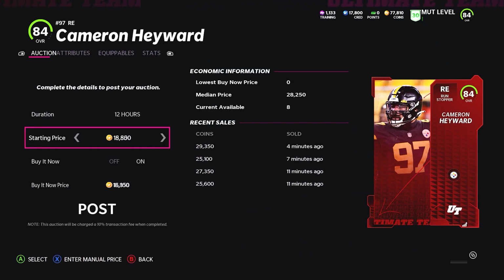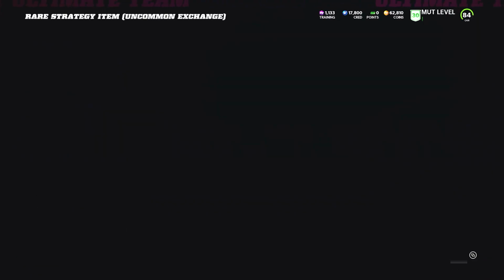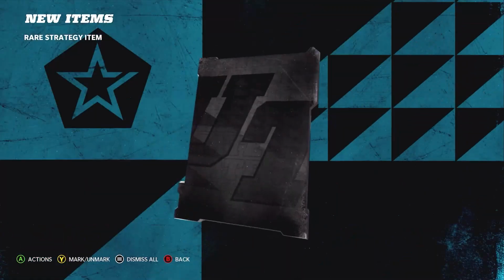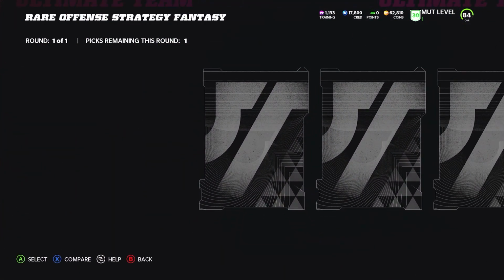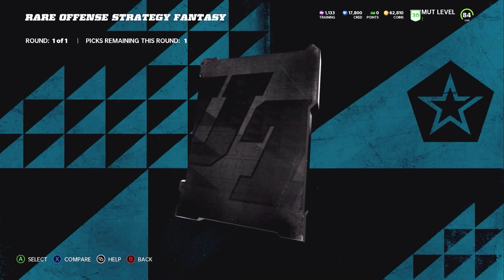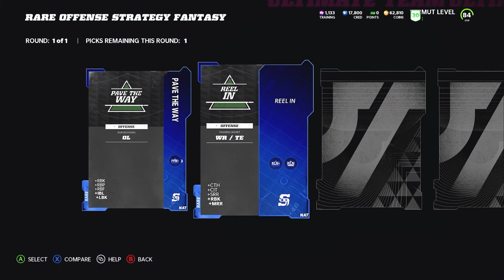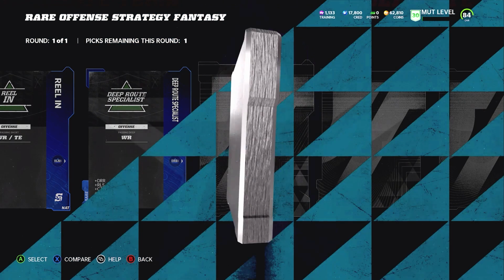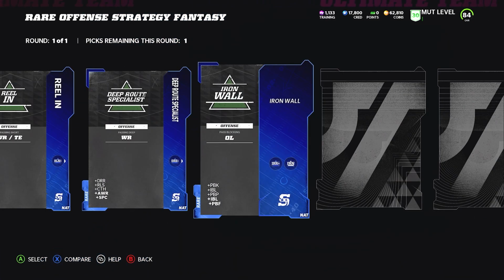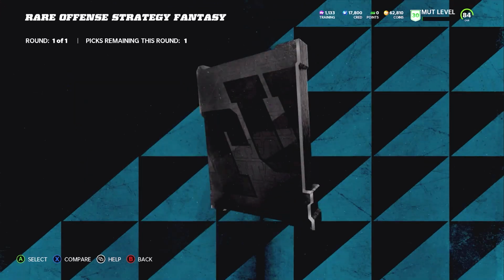And moving on from that, I'm going to take that level 30 rare strategy item and do a fantasy pack, which requires about 5 uncommons or 40 common strategy items. Now, I'm going to go for the offense, so I'm looking for +1 speed on all wide receivers. These end up costing, if you take out the free one you get, about 150k per rare strategy item. So altogether, it's about 300k, basically Russian roulette of these strategy fantasy packs, where you're just basically